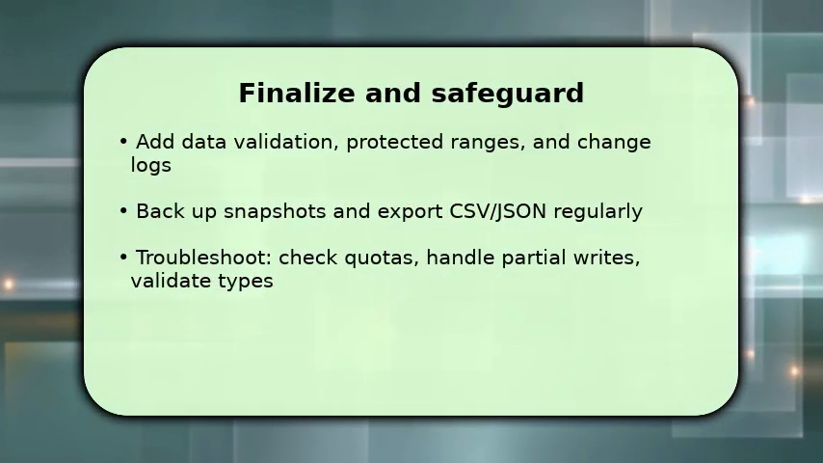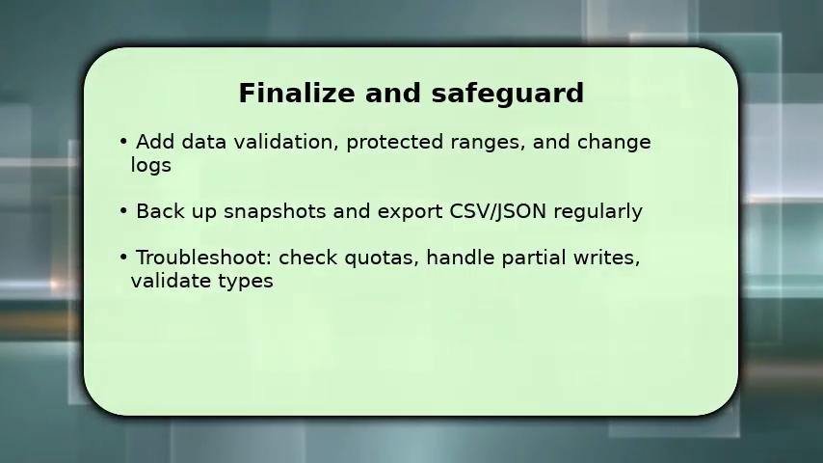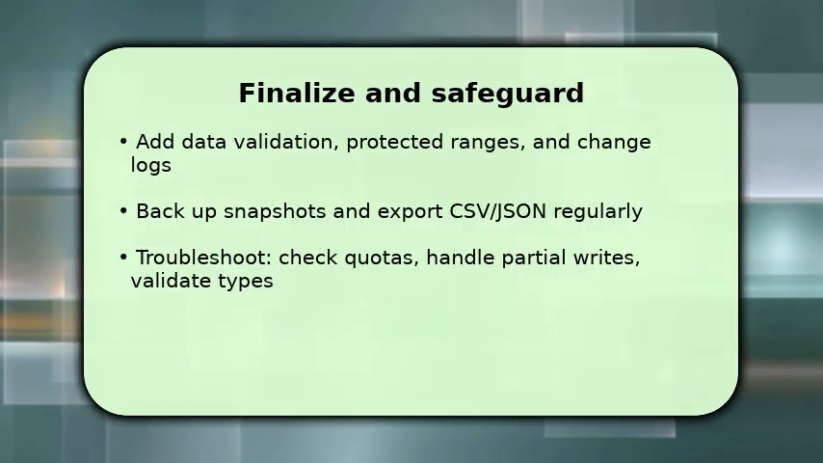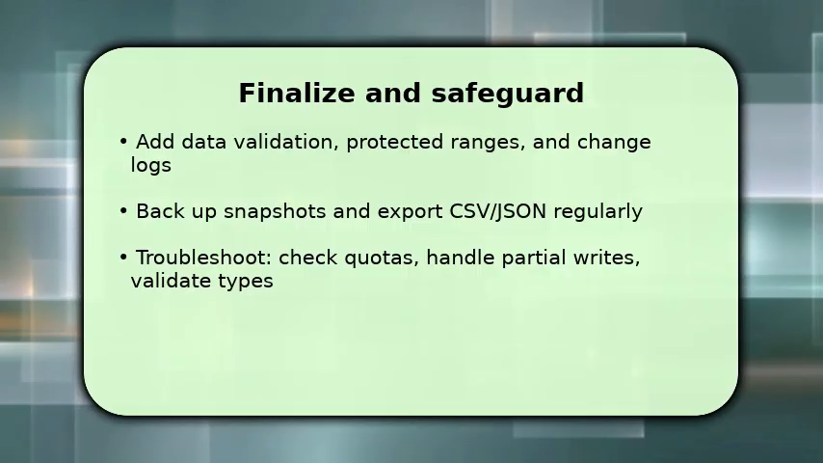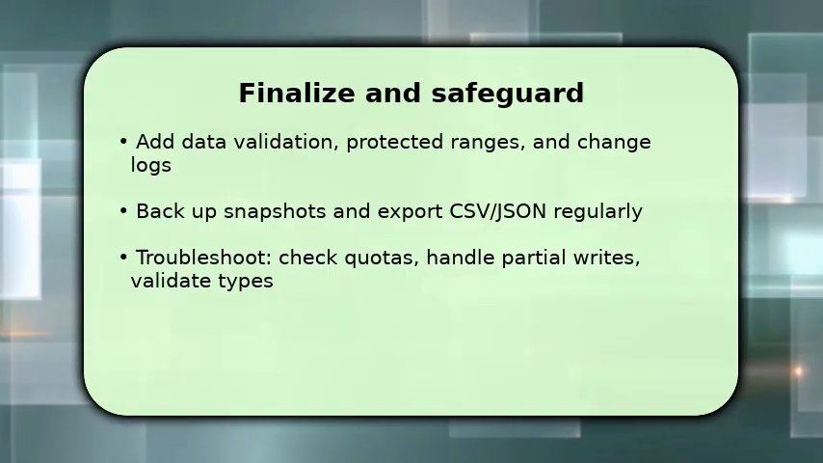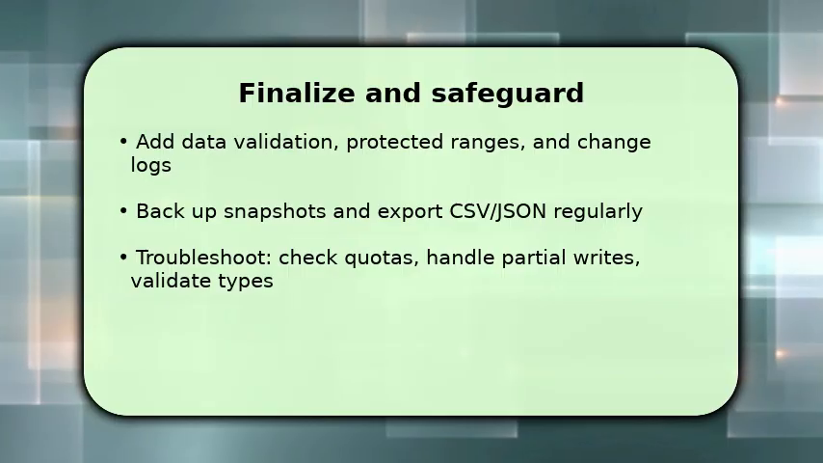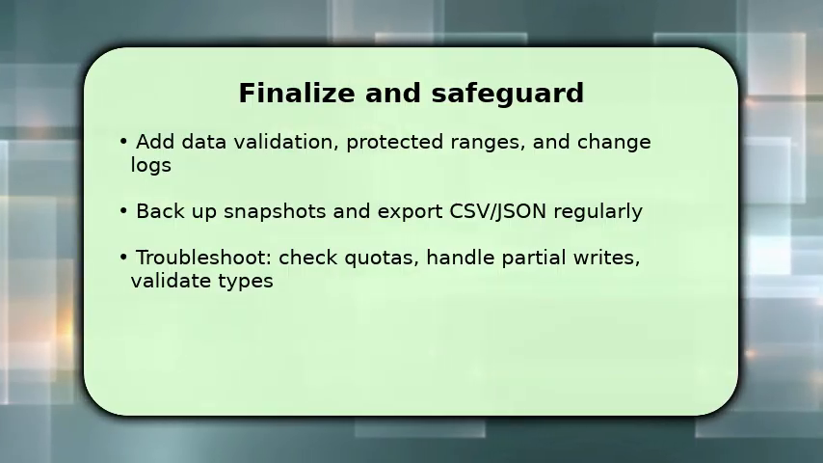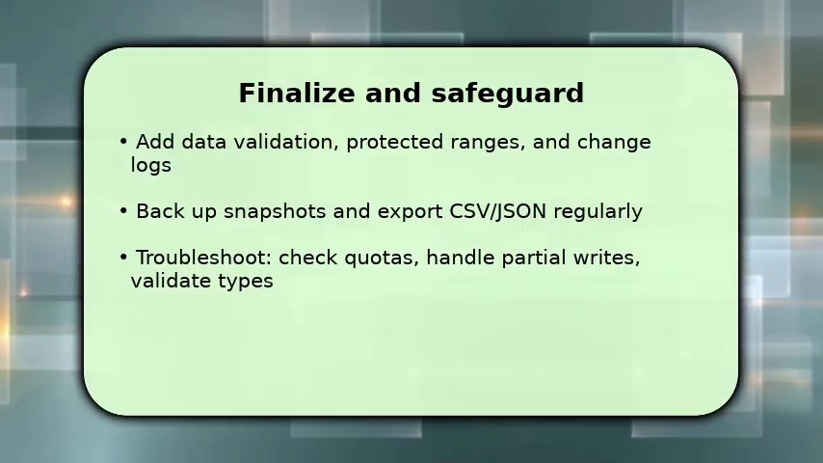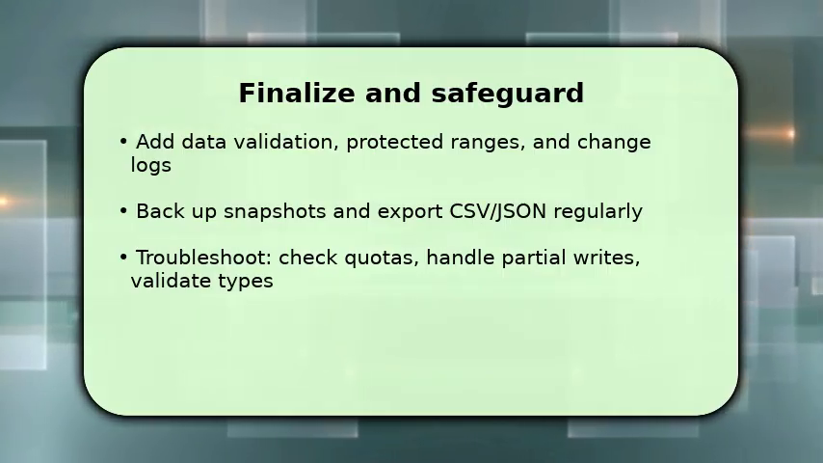You finish by hardening the sheet. Enable data validation for key columns, protect ranges like ID, and log changes to an audit sheet or external log so you can trace updates. Once complete, automate backups exporting CSV or JSON snapshots daily. If something goes wrong, first check API quotas and error responses, then replay logs to repair partial writes and revalidate types. Finally, make sure client code retries idempotently and that you surface clear errors so fixes are